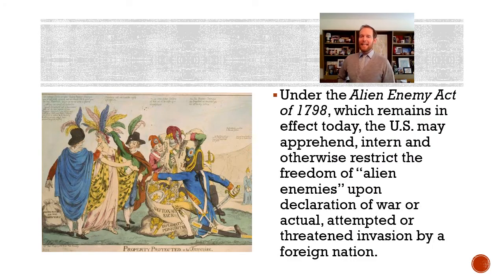Under the Alien Enemy Act of 1798, which remains in effect today, the United States may apprehend, intern, and otherwise restrict the freedom of alien enemies upon declaration of war or actual, attempted, or threatened invasion by a foreign nation. Kind of messed that one up. Take a moment to read that one again to make sure that you understand what exactly